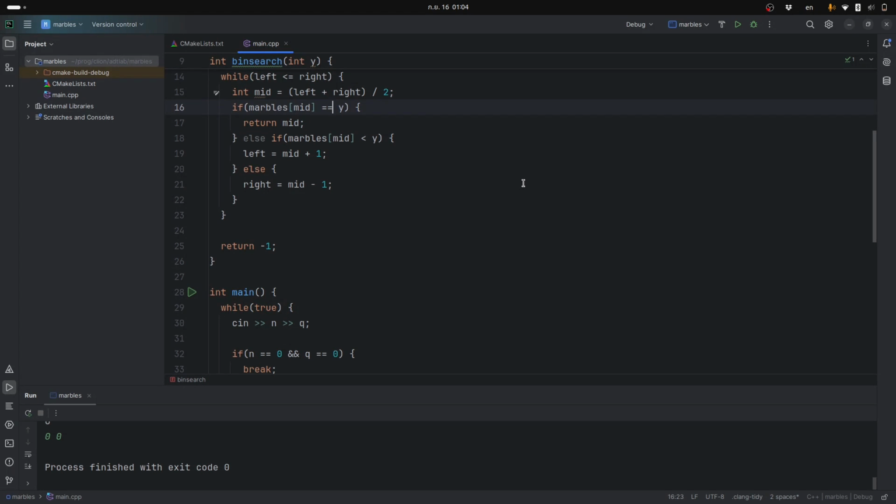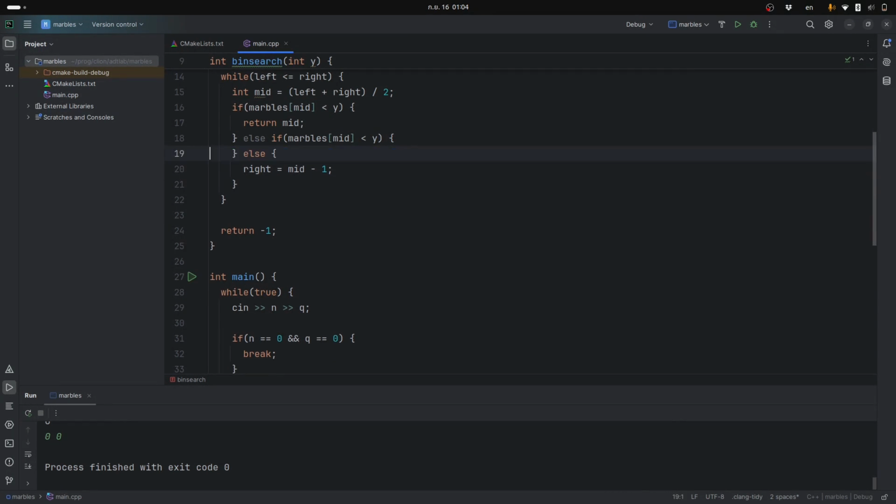That's the easy part. So if marble mid is less than y, if my guess is too small, I would just do this. But if it's too large,